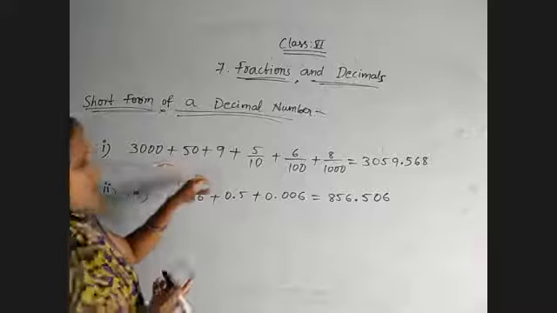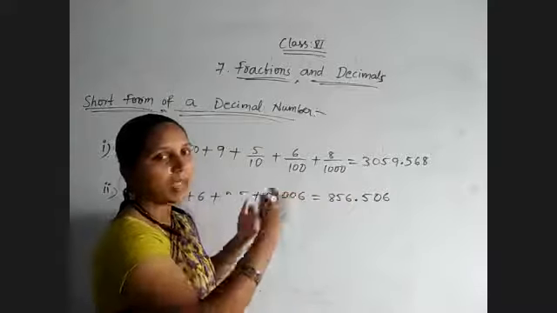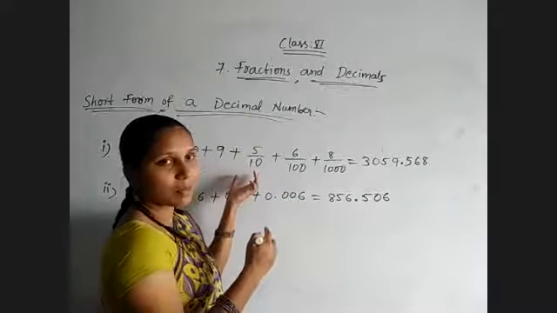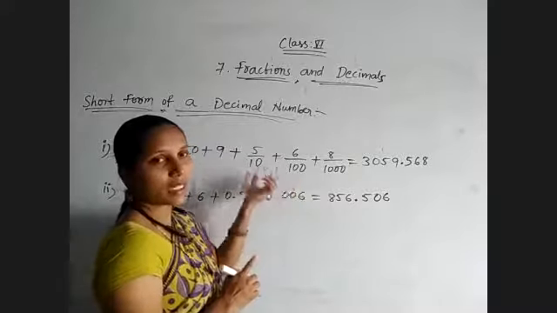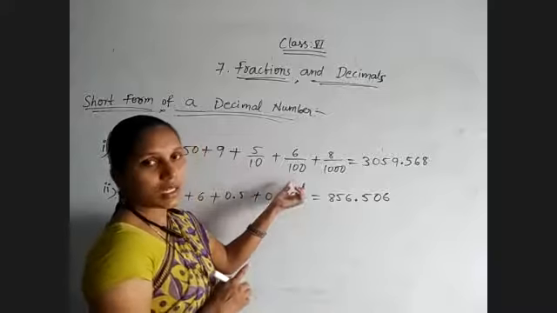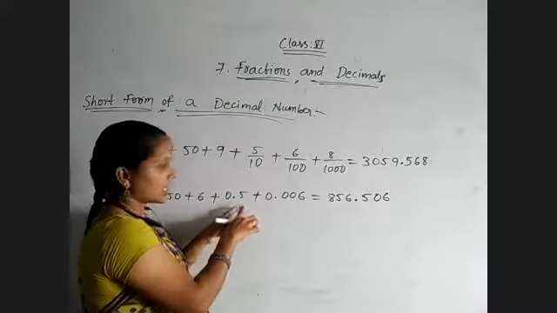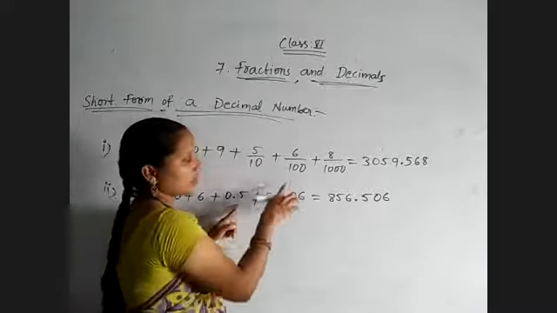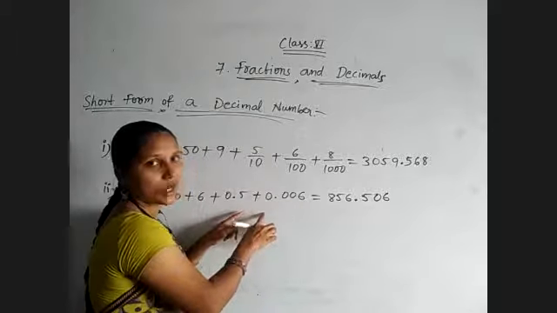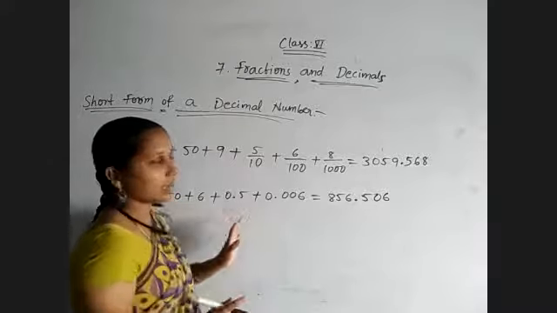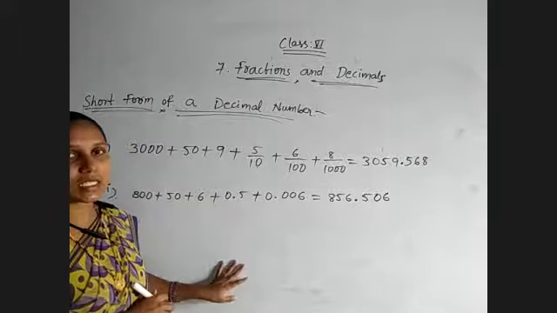Coming to the decimal part, tens, hundreds, thousands, ten thousands means in the decimal notation 1 by 10, 1 by 100, like that we will get. Means tens, 1 by 10 times it will decrease. If a number is missing, just observe here. 0.5 is nothing but 5 by 10. Tens place is there. 0.006 means 6 by 1000. Means between them the hundredths digit is not there. So like that we must understand first of all whether any digits are missing or all digits are given, we must check. Okay.